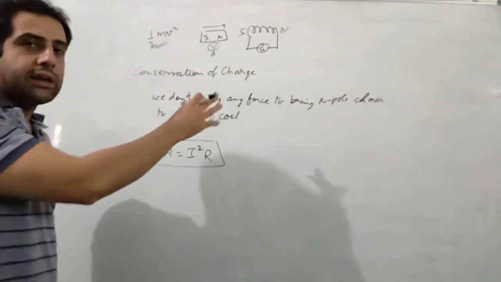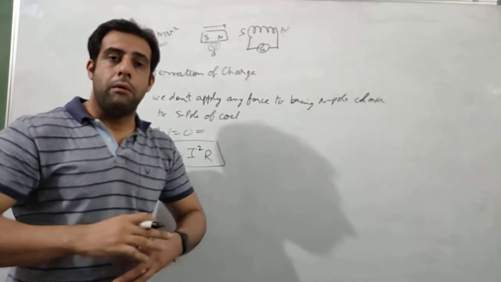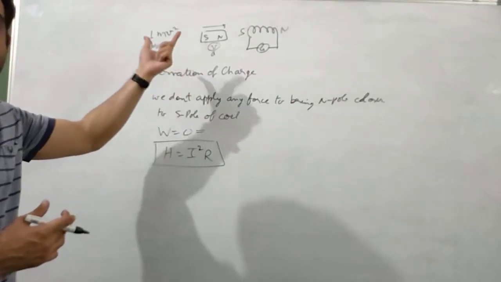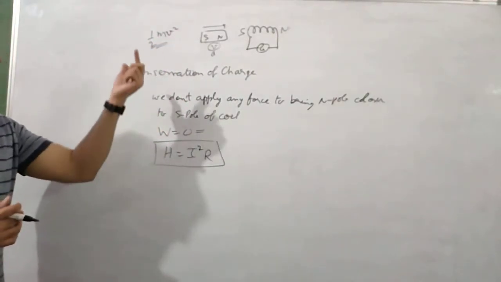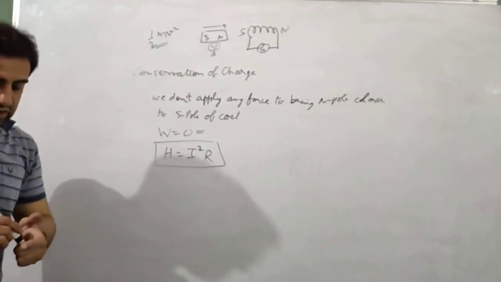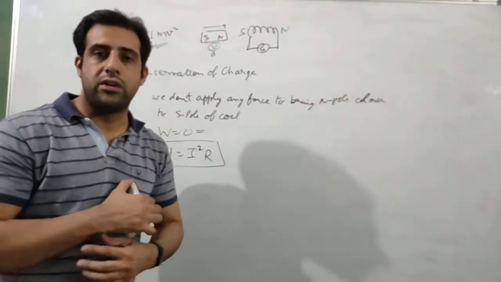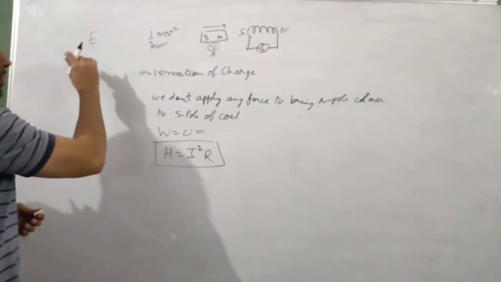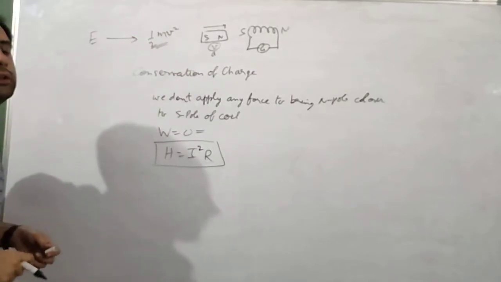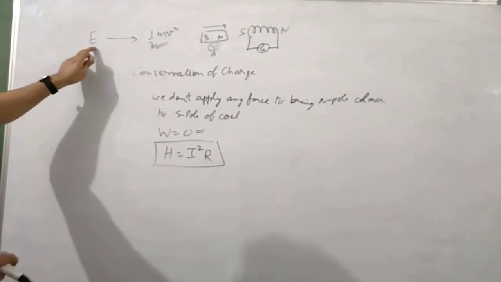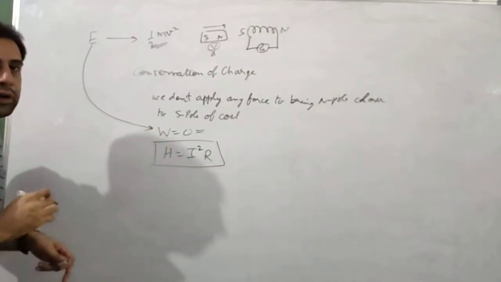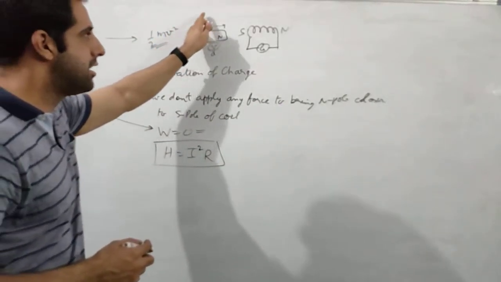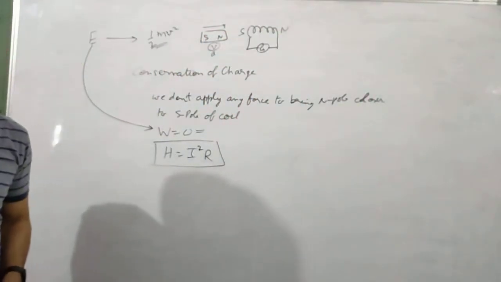So that means the kinetic energy is generated without any reason. We are not doing any work, we are not applying any force, still kinetic energy is generated. This does not happen in physics. There is no reason for which energy can be generated on its own. We cannot generate new energy, we can only transform energy. So some energy could be transformed into this kinetic energy. This energy would come from the work that we are doing. The work is zero, so there should be no energy. That means there should be no kinetic energy. That means this scenario cannot happen.